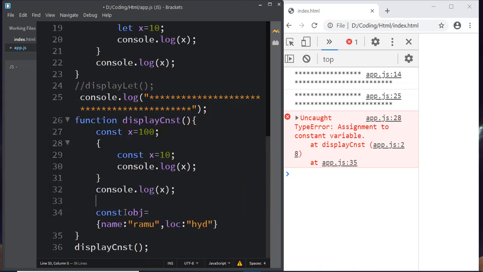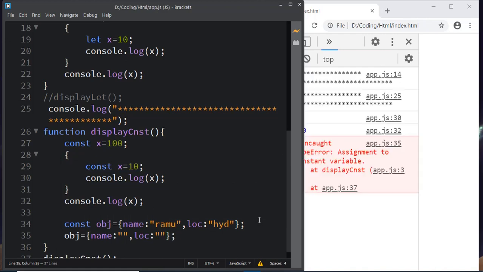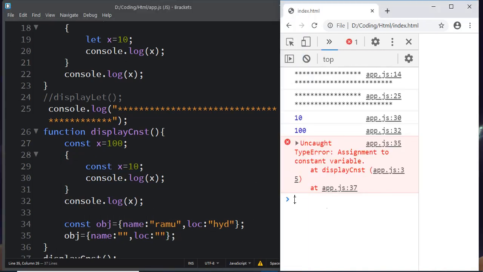We can see we created an object which is const with two properties, name and location. If we reassign it like this, we know that it will give an error.